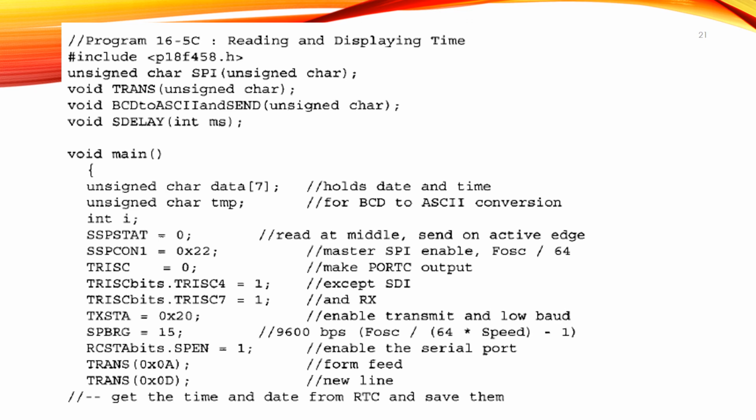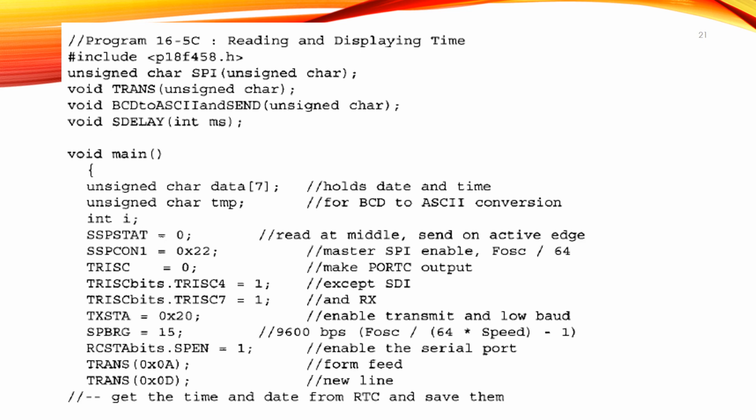master SPI enable, oscillator frequency setting FOSC divided by 64, TRIS C equal to 0, make port C output, TRIS C bits dot TRIS C4 equal to 1, that is SDI, then TRIS C bits dot TRIS C7 equal to 1 for RX, then TX STA 0x20, so enable transmit and low baud rate, SPBRG 15, that is corresponding to 9600 baud rate.